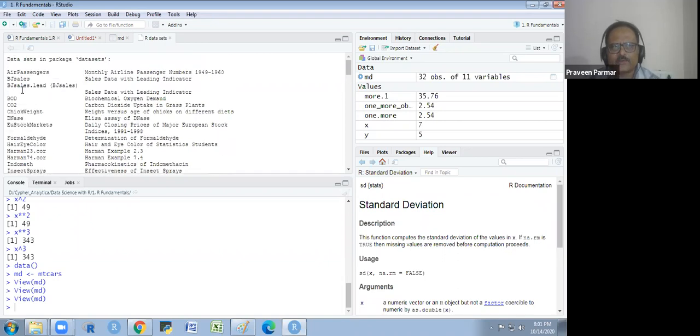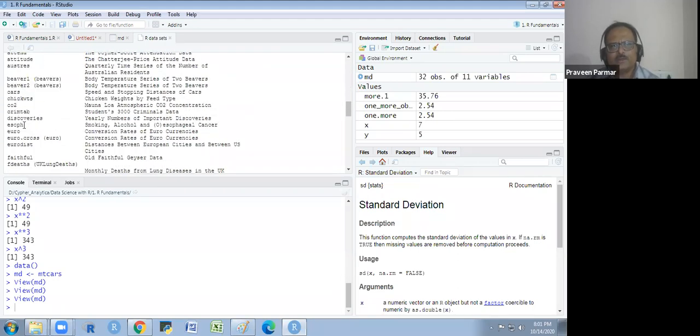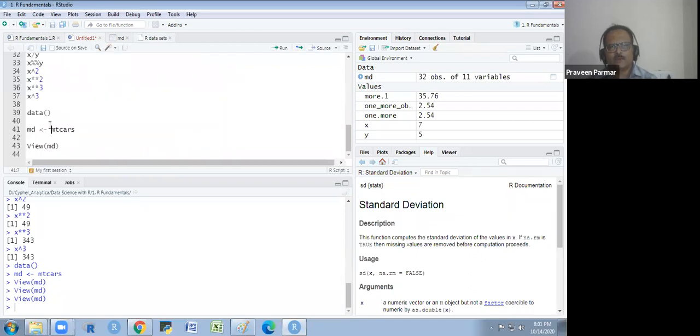We have so many data sets. You see here the list I am showing you. You could use Iris also, which is for the leaves, so I give another name, DF Iris.